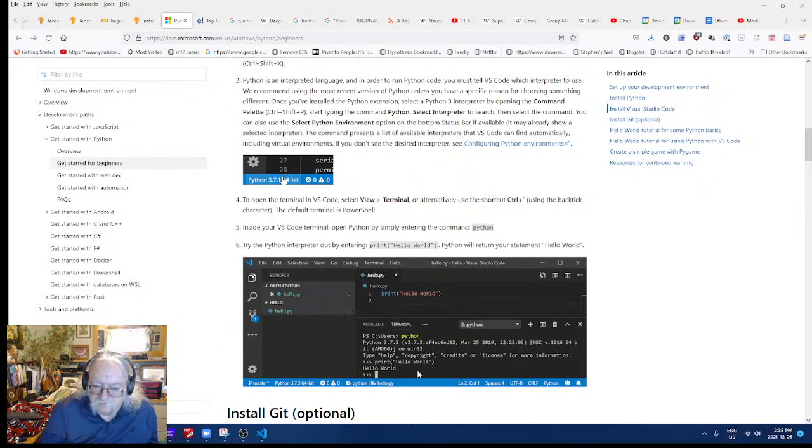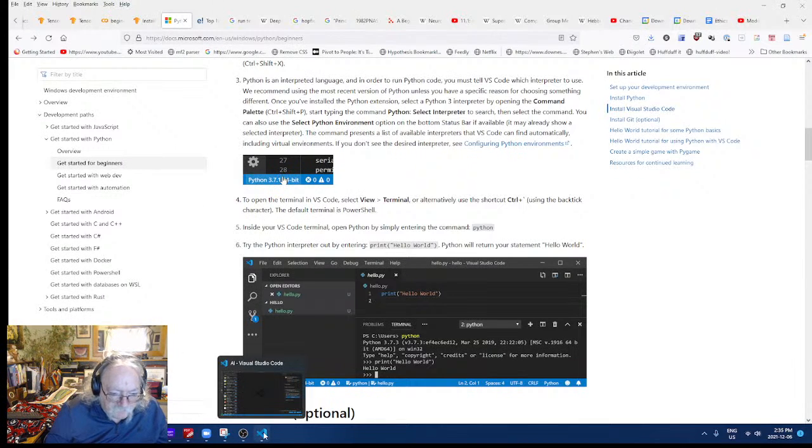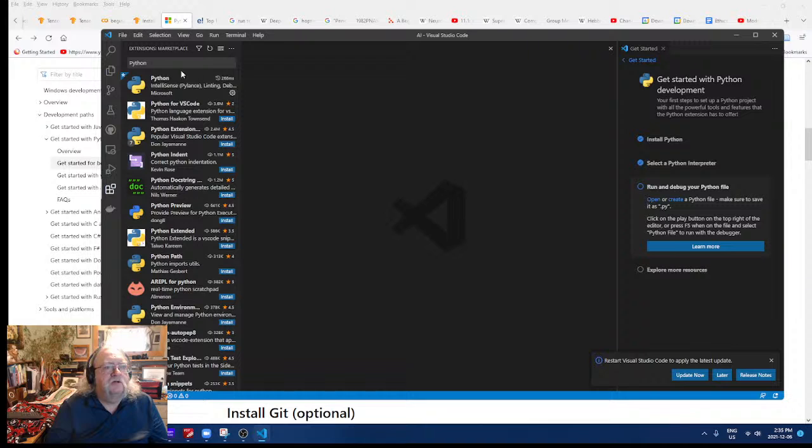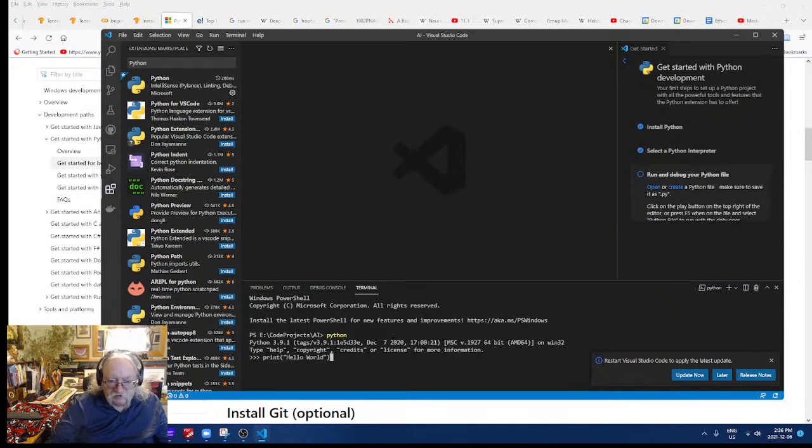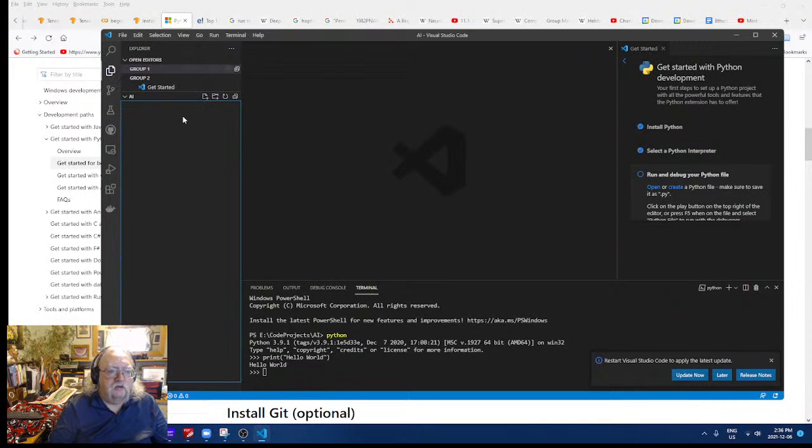Okay, right. So there's two ways we can do this, as always. Here I am in Visual Studio Code. Let's create a new terminal. So I just start Python, and then I type print hello world, and it prints hello world. Or I can create a file called hello.py.